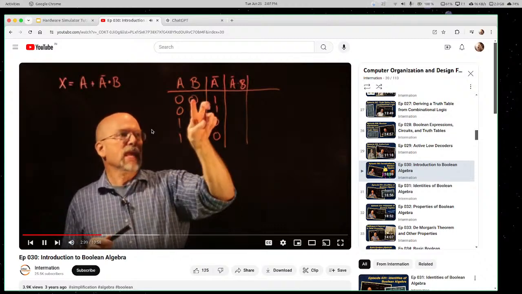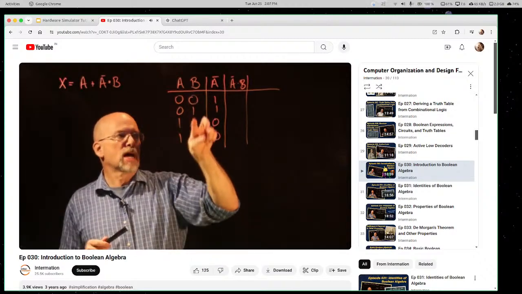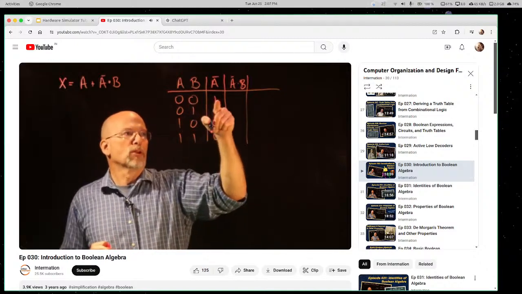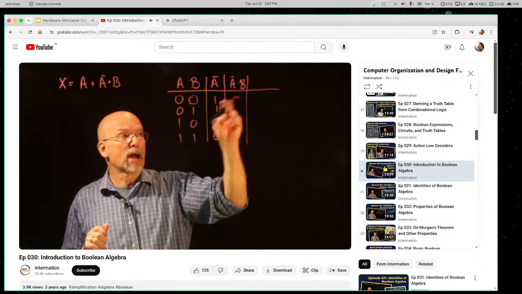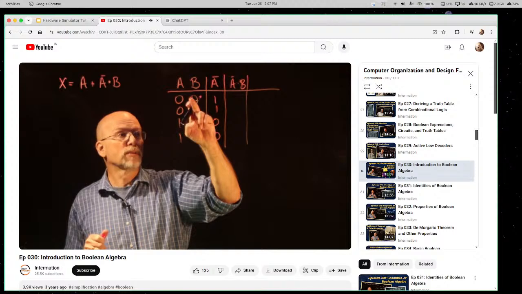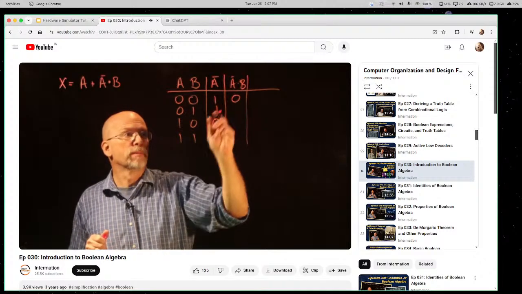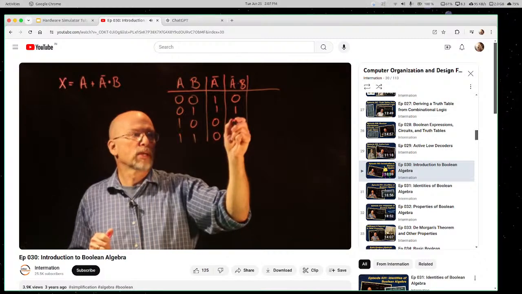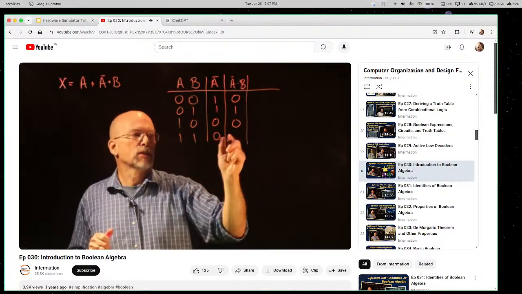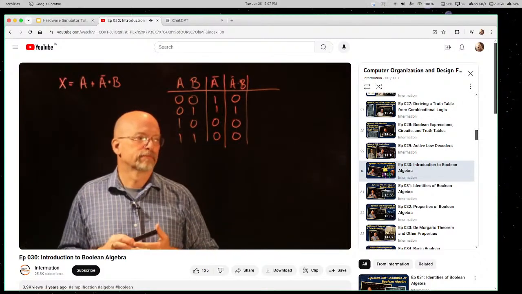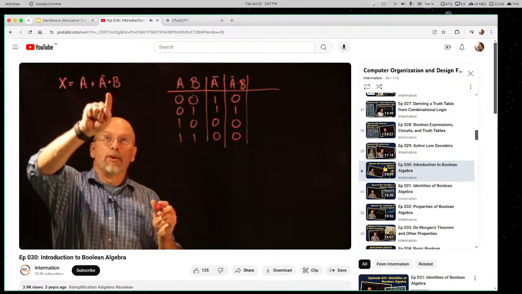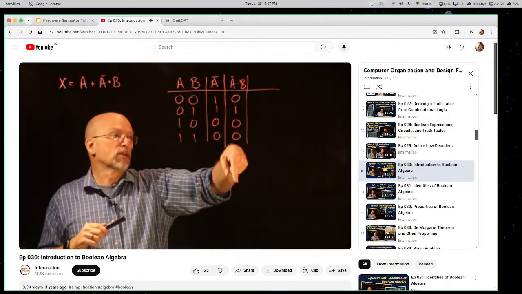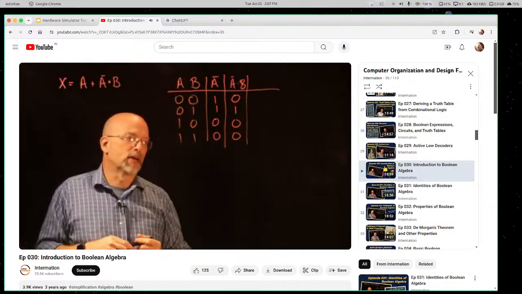It's going to be the AND of this B column with this A bar column. So 0 and 1, remember they both have to be a 1 to output a 1. So we have 0 and 1 is 0. 1 and 1 is 1. 0 and 0 is 0. 1 and 0 is 0. All right? So if I were to look at the output of that gate, this is the pattern of 1s and 0s I'd see